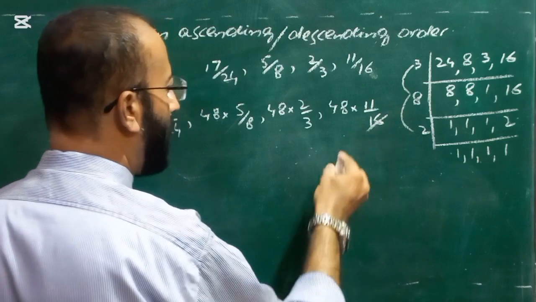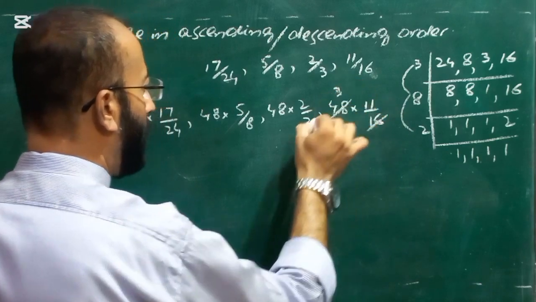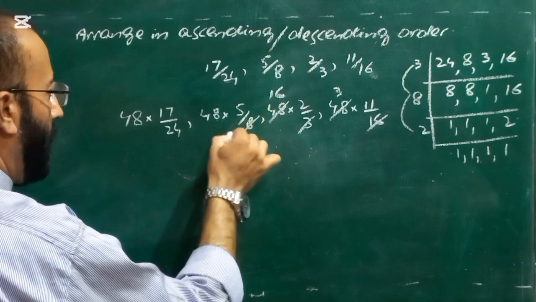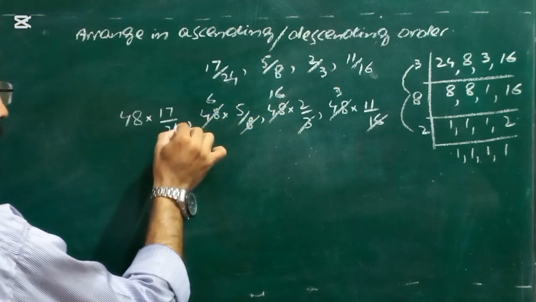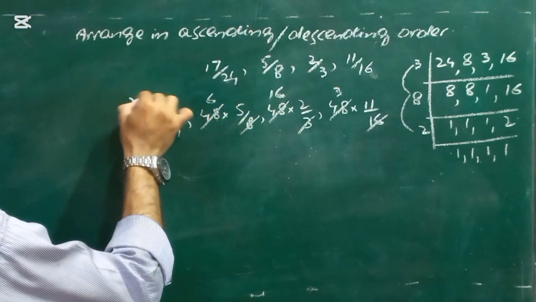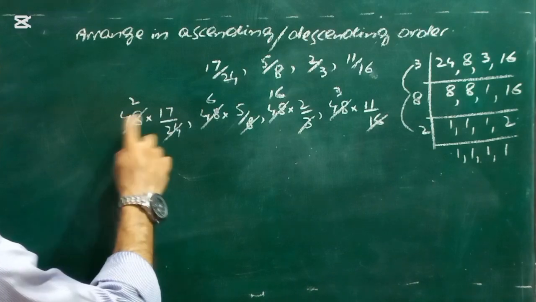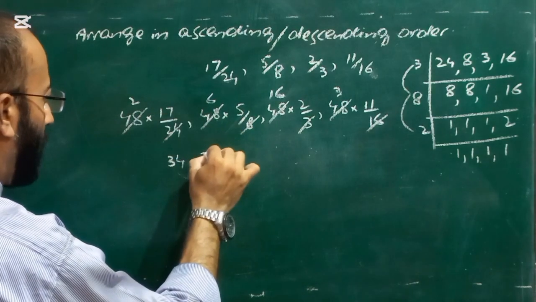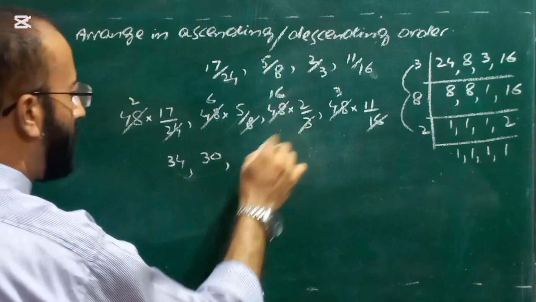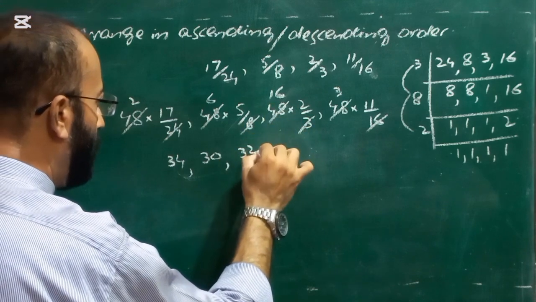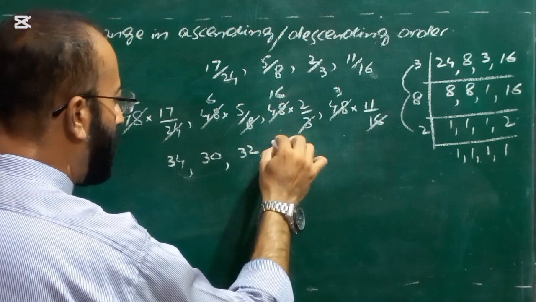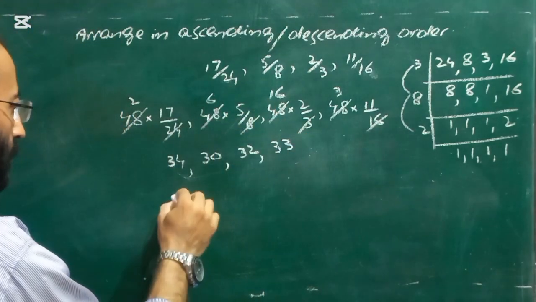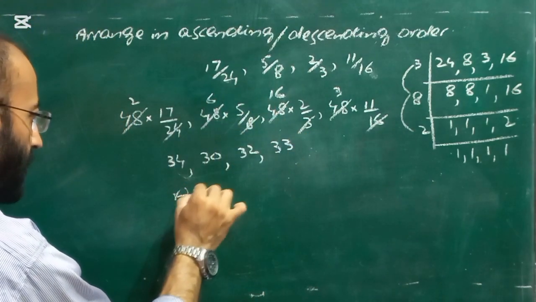So look now, we will cancel. 16 3s are, 3 1s are, 3 6s are, 8 6s are, and 24 2s are. And now we will solve them. 2 17s are 34, 6 5s are 30, 16 2s are 32, and 11 3s are 33. So for example, if the requirement was arrange the numbers in ascending order,